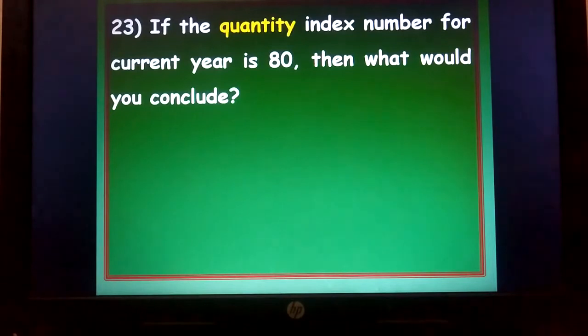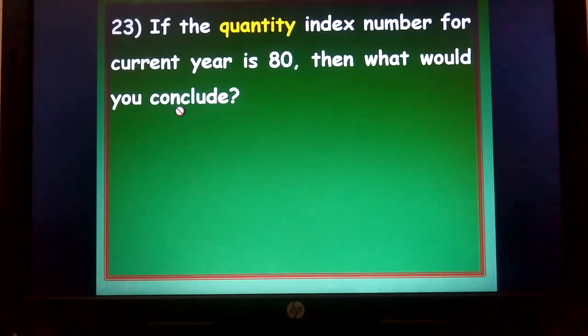Once a unique color is used in the question paper, we should be in a position to bifurcate and understand properly what is specifically asked, and the answer has to be given accordingly. Before I deal with the answer, I expect the answer from you. Try to think and have an answer in your mind for this question. If the quantity index number for the current year is 80, or 80%, then what would you